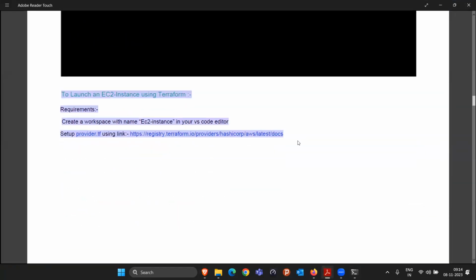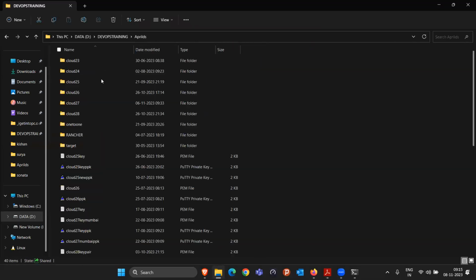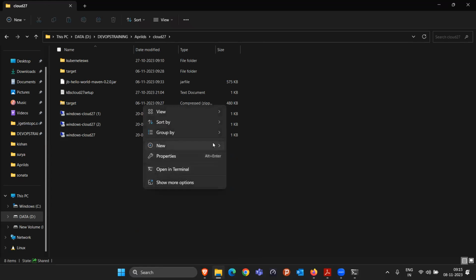Now you're ready to do the practical. Our first practical will be to launch an EC2 instance using Terraform. To start with Terraform, you can come to any directory you want to work in. Take an example: I'm going to work in this directory, Cloud 27. Inside this, I am creating a directory with the name